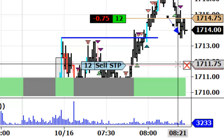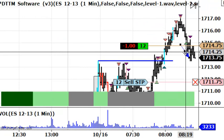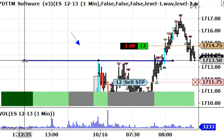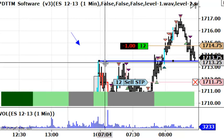Usually I don't like to go more than about 2, but in this case, I decided to get in a little higher than I normally would, and then the second half of the position down, what I think will be a good trade entry location. So average price 14.75, and I'm going to extend this line here a little bit so we can monitor the market as far as staying above that early high,